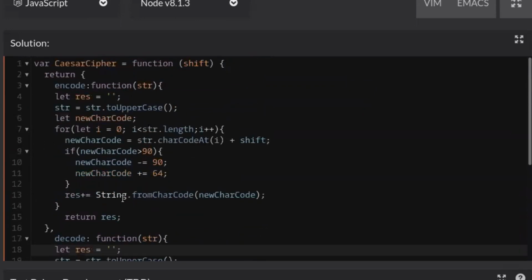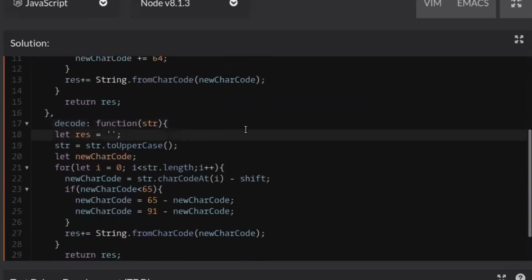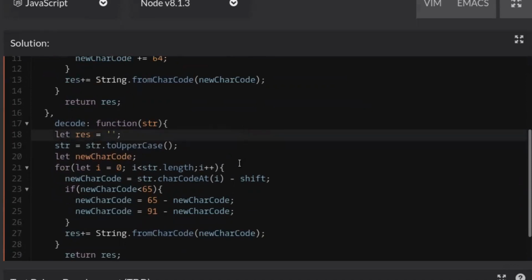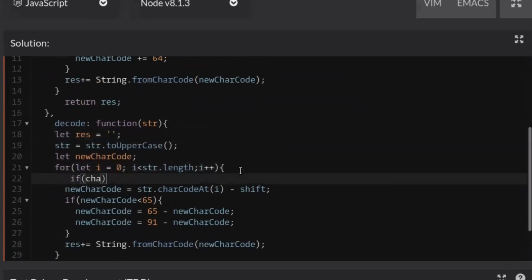So let result be so and so, and before checking that, we need to say if string dot character code at I